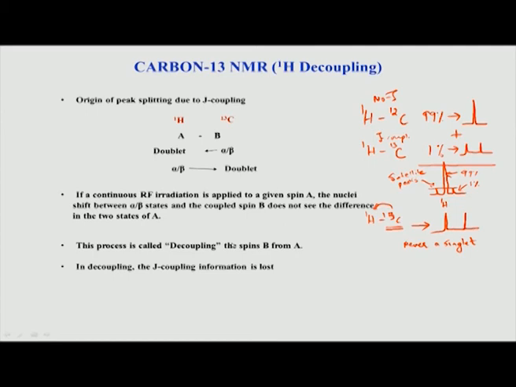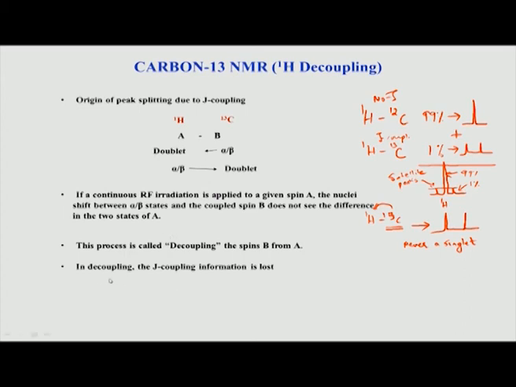Therefore, decoupling is in fact a very active ongoing part of research in NMR. The reason is that you want to get a very nice decoupling, you do not want a half done decoupling. So, you need to apply radiation in a very proper manner. If you apply too much radiation, it will cause heating of the sample. Heating of the sample is not good because your sample will not be stable. So, how to apply a low power radiation so that we get a good decoupling is an ongoing area of research in NMR.